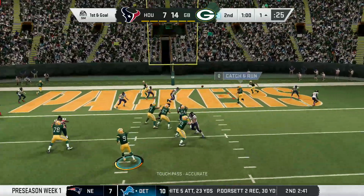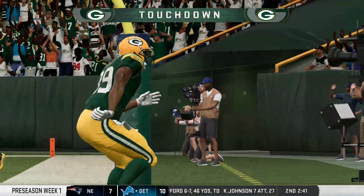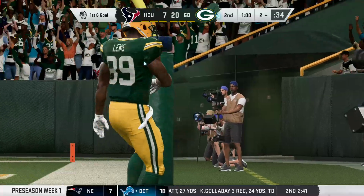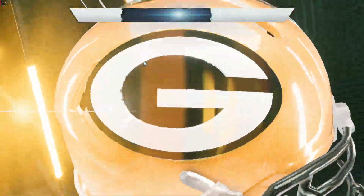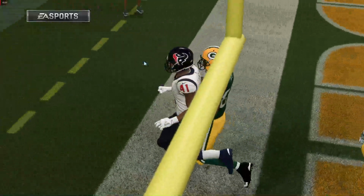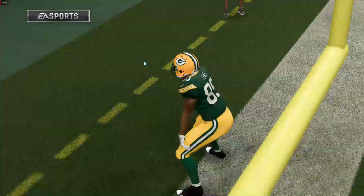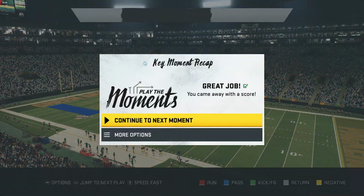To the air again, Kaiser. And he's got it. It's caught for a Packers touchdown. Mercedes Lewis there to make the grab. And the Packers are able to stretch that lead out further. That'll give them a 2-score lead here, but I'm looking ahead. They just want to hold it for the final moments here of the second quarter. They don't want to give up anything on the other side. No, not at all, because if they don't, it almost...